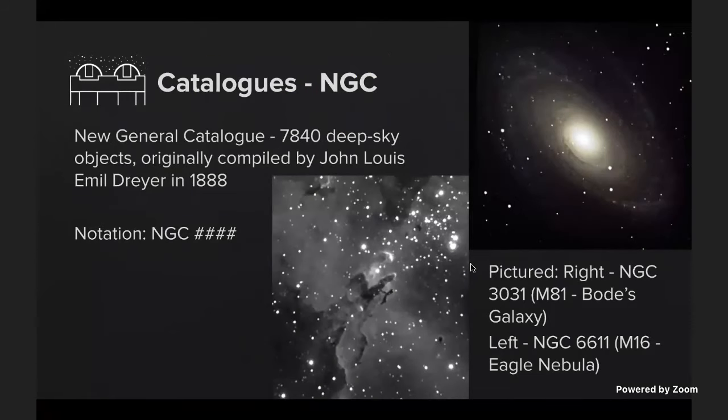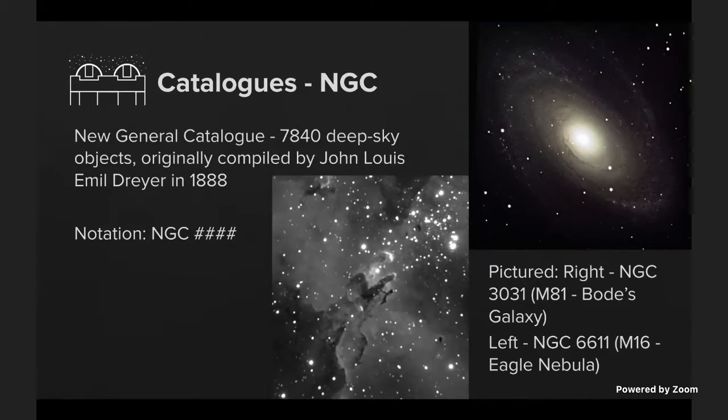To keep track of celestial objects, we use a bunch of different naming conventions based on different catalogs. These catalogs help when astronomers discover things in the sky and provide an effective way to keep track of them. The two main catalogs that we refer to regularly are the New General Catalog and the Messier list. The New General Catalog, abbreviated NGC, is an extensive catalog of deep sky celestial objects. It was compiled in 1888 by John Louis Emile Dreyer and built upon the cataloging work done by William and